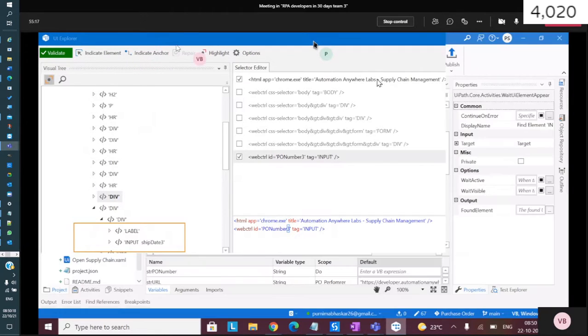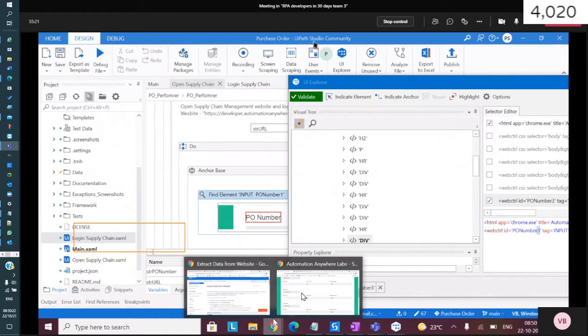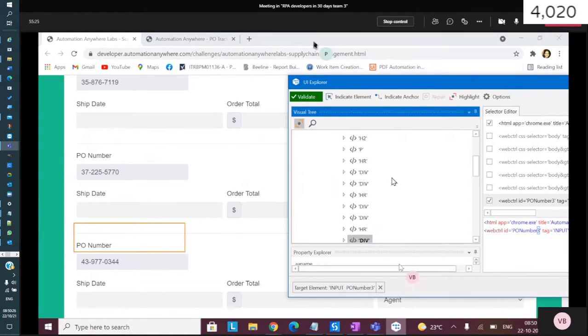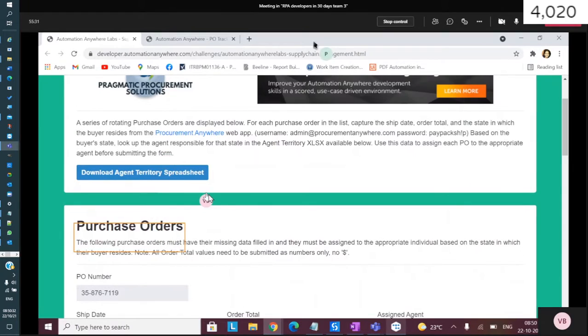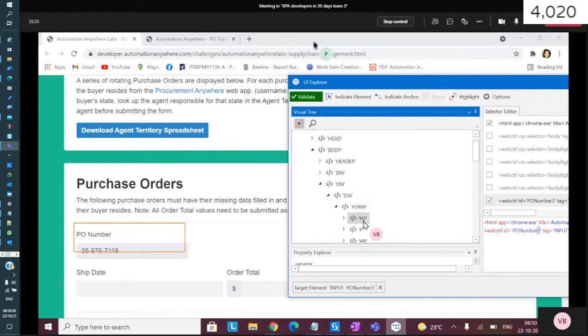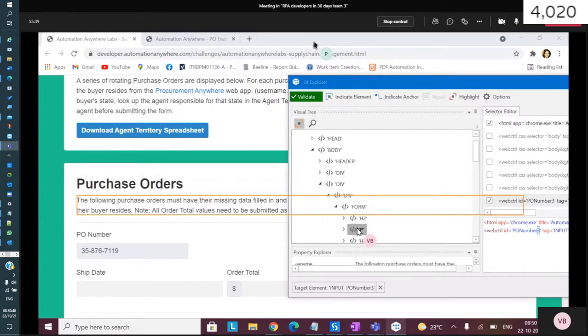When you enable this one, you can see what we are targeting. So we have purchase orders. This can be the name, purchase orders. So this is the value,